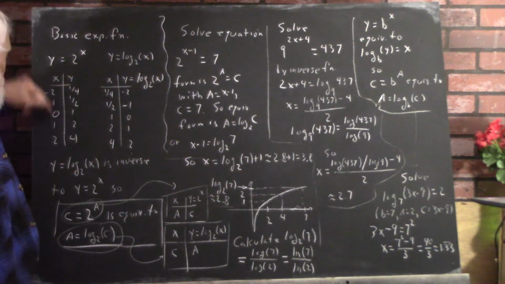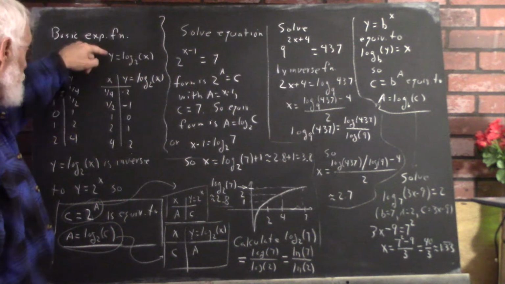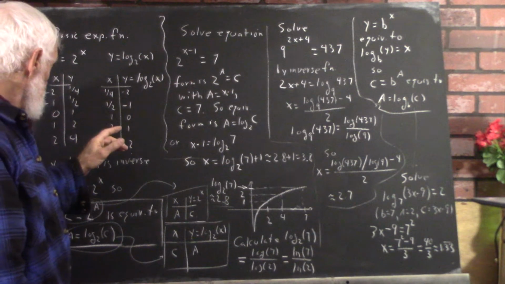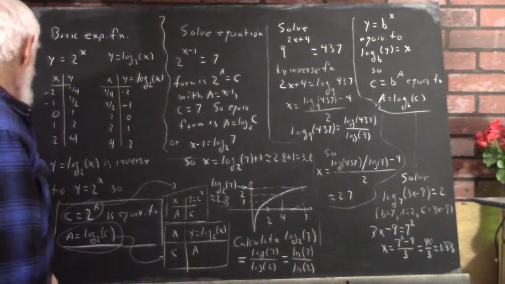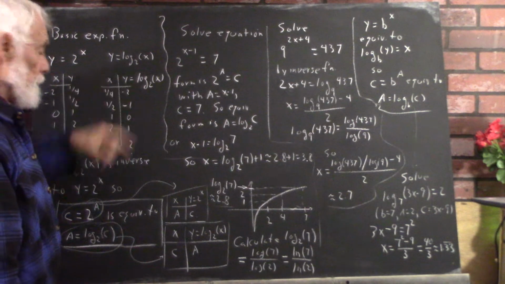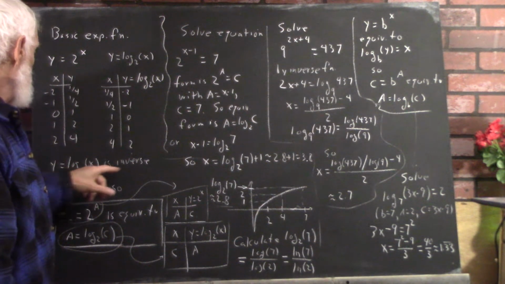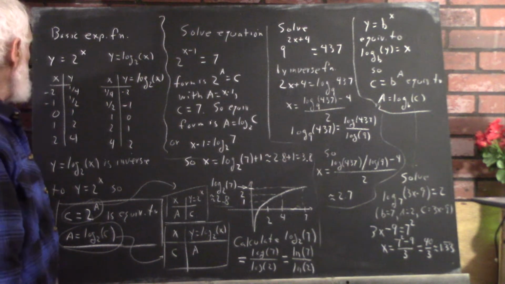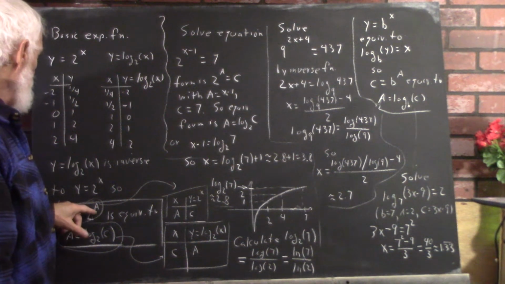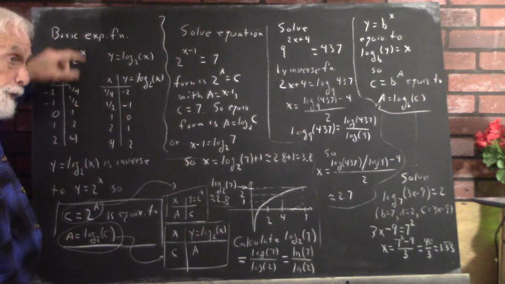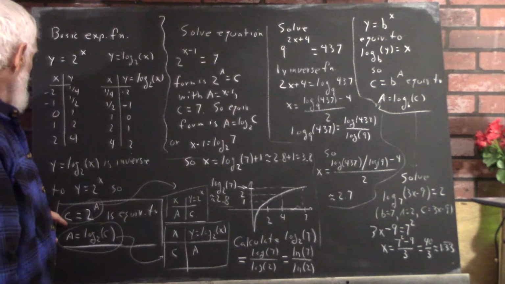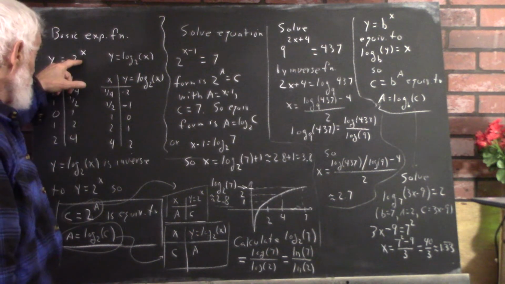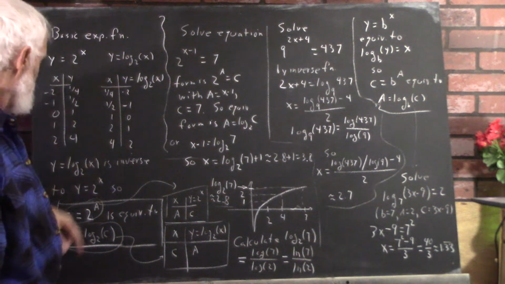Okay, so here's our table for the basic exponential function. We get the basic logarithmic function by swapping the two columns. Okay, and that's going to be our inverse function. So y equals log 2 of x is inverse to the 2 to the x function, and it follows that c equals 2 to the a, which is an instance of y equals 2 to the x. Well, if y is c and a is x, then over here